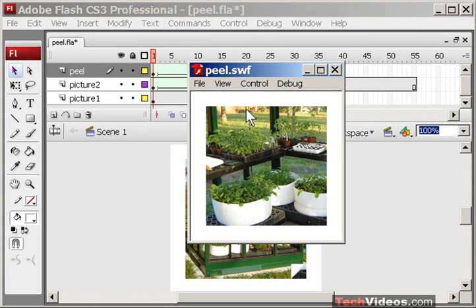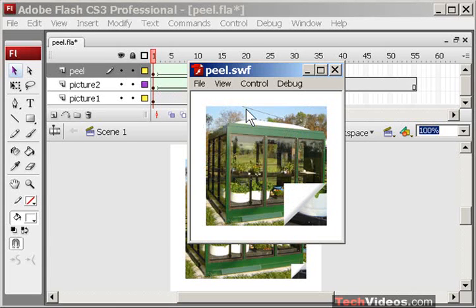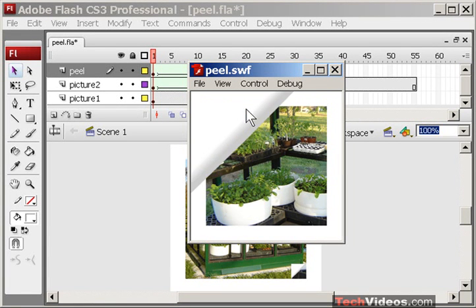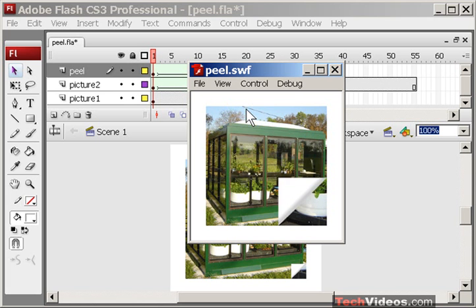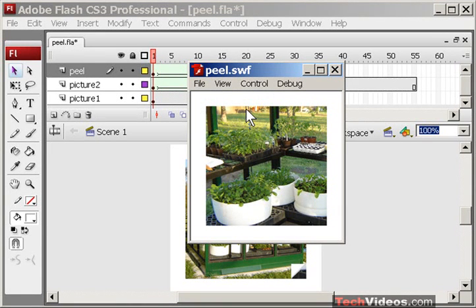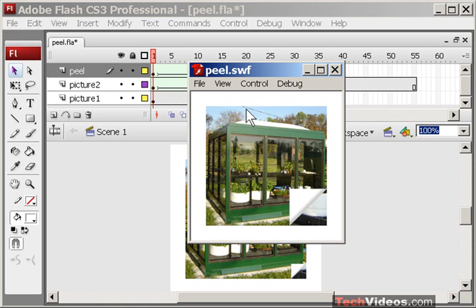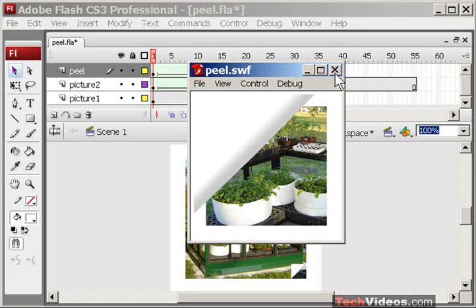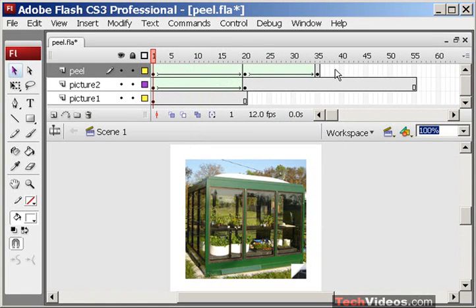We've got two images here. I've got the outside of a greenhouse. It's being peeled away, revealing the inside of the greenhouse. And you just as easily could be doing this with 5 or 10 images, but to shorten this video, I'm going to go ahead and restrict myself to just 2 images. I'm going to go ahead and close this movie, and now that we know what we're trying to create,